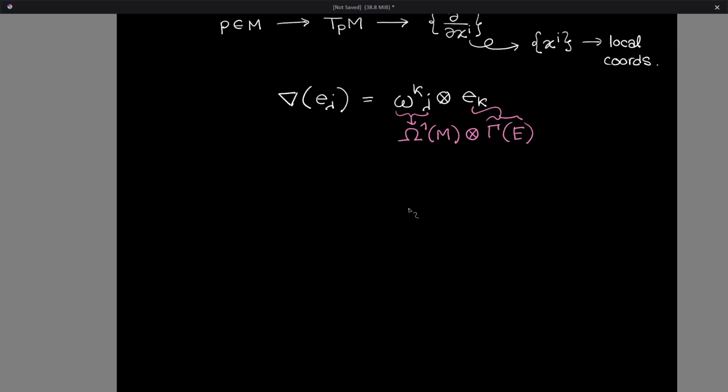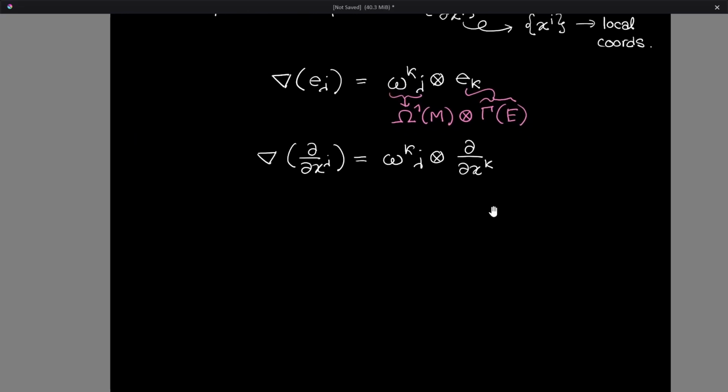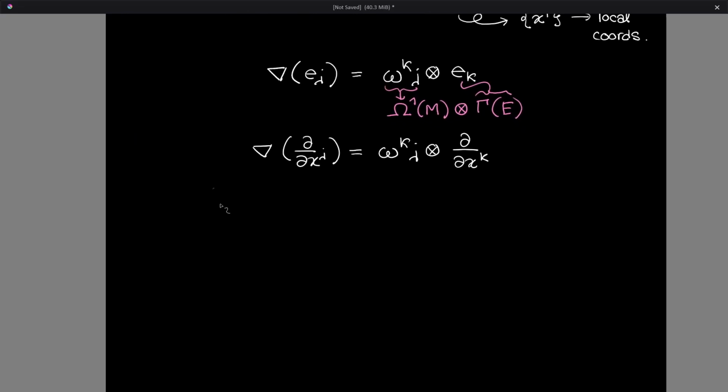But if we use the coordinate basis, what does this tell us? Then we get nabla of partial x_j is equal to omega^k_j tensored partial x_k, right? We just substituted the coordinate basis, nothing complicated here. So now we're going to coordinate decompose the Ω^1(M) portion of this definition. So this is also equal to,